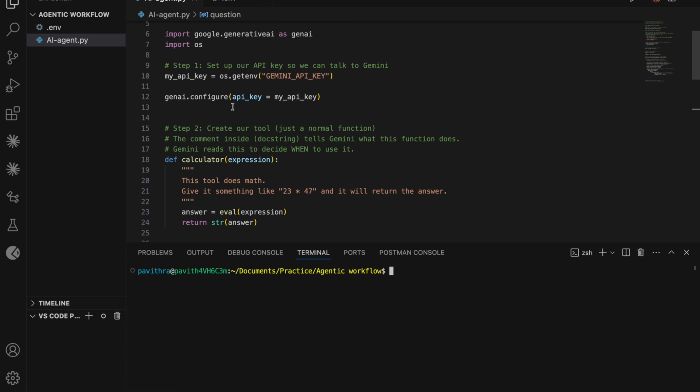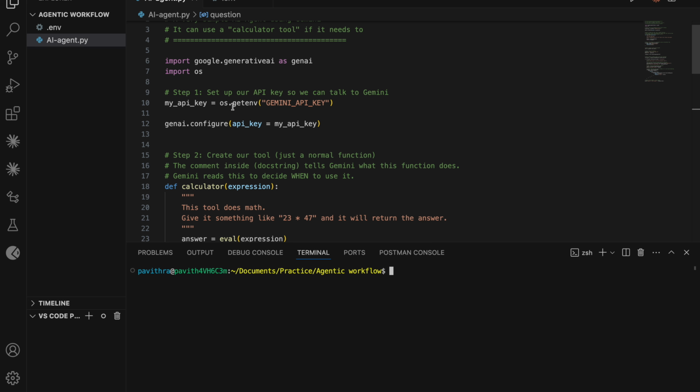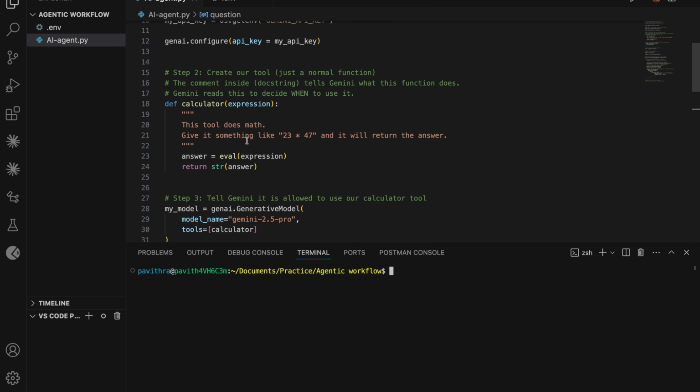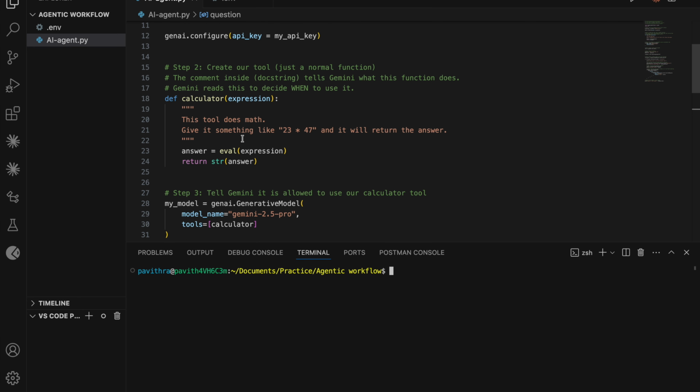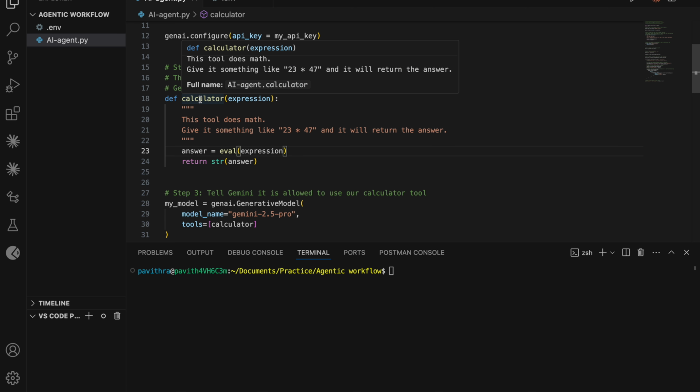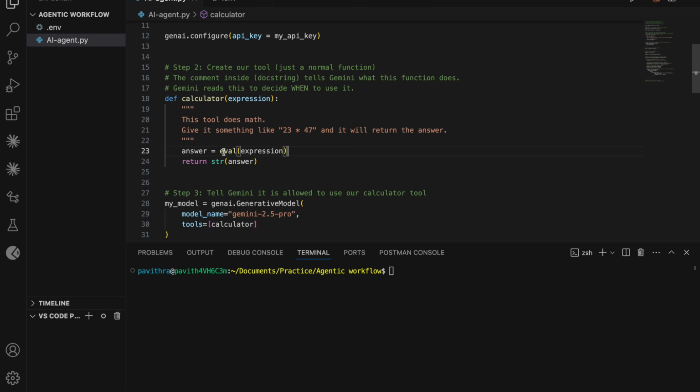I'm using Gemini in here, and the model is Gemini 2.5 Pro. What you can see here is a calculator tool where we just gave an instruction. What it does is evaluation. It does the evaluation based on the expressions that we are giving. So this is the function, I mean the role, for the calculator. We didn't include anything else in it. We just gave an expression, like what a calculator does and how it needs to perform. That's all, with the evaluation